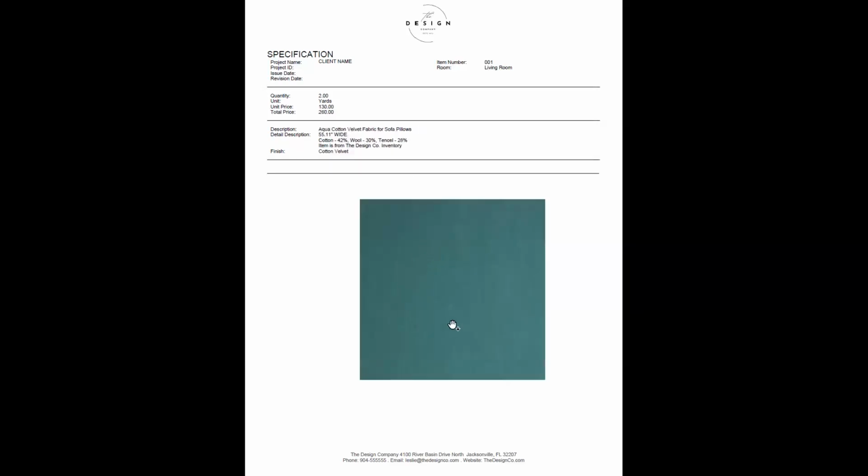So you can see this one is set up exactly the same. Once again, it's referring to item number one, which are the pillows. And you can see basically the same information here. But once again, this might be important to, for example, send to the workroom that's creating the pillow, right? Just in case they want to verify that the correct material has arrived and is being used. You can see here, once again, this is the velvet fabric that's going to be used to create the pillow. All the information up here is the same because it's related to the same object. And this information may change just a little bit.